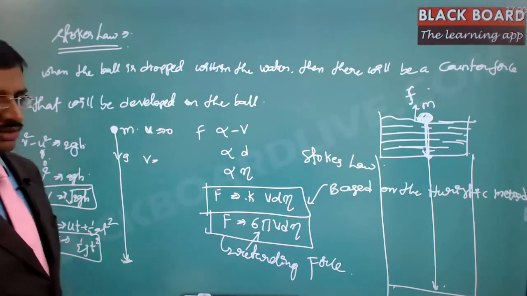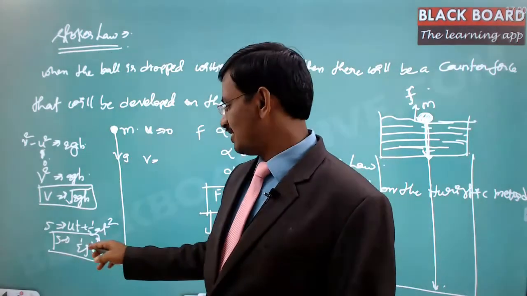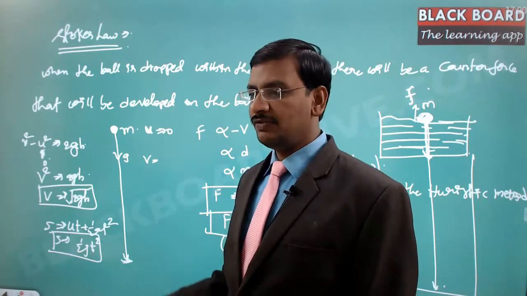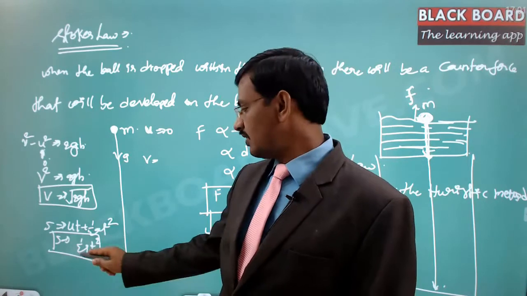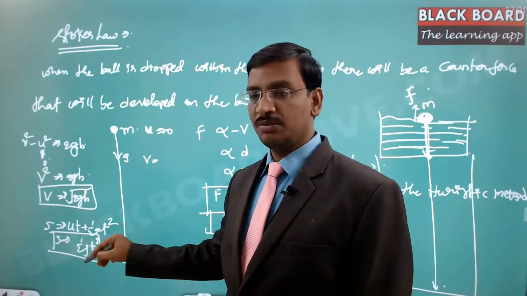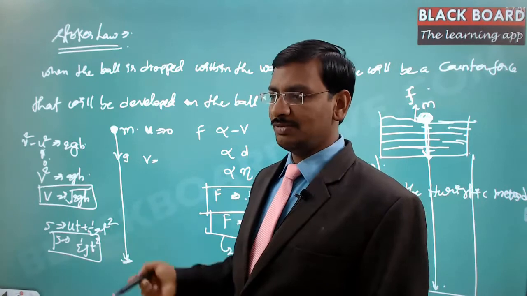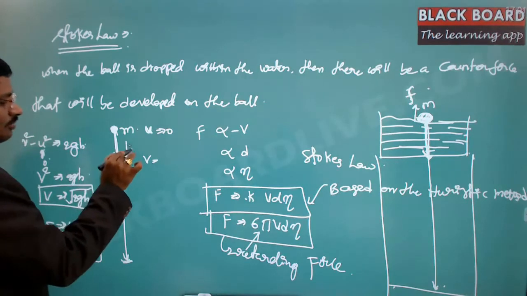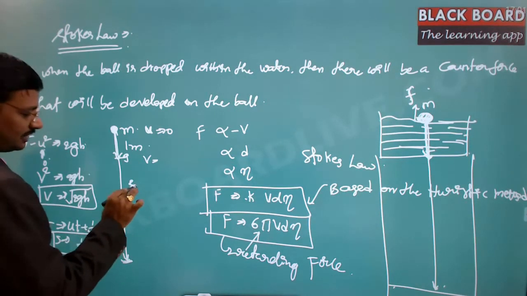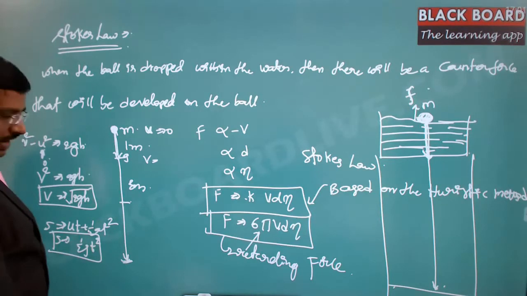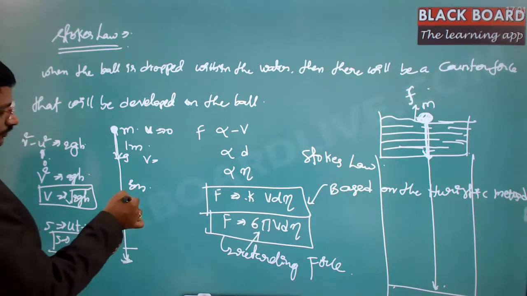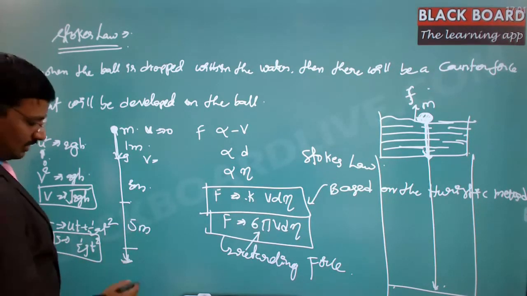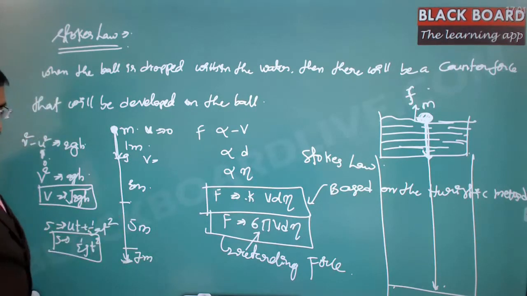Now if you notice, in the first second, it traveled a displacement of only half g. And in the second second, it traveled a displacement of half g t square, where t equals 2. That means 4 times the previous displacement. So if you subtract the previous displacement, let us say in the first second it traveled 1 meter, in the second second it travels 3 meters. In the third second, it travels 1 plus 4, so 5 meters. Again, in the next second, it travels 7 meters. So these are the odd numbers, right?